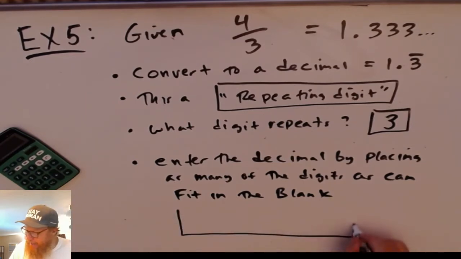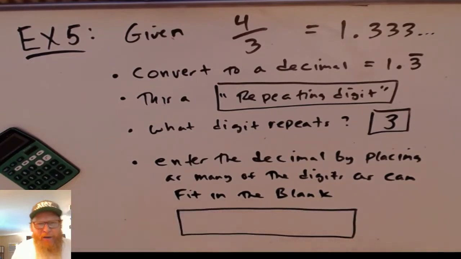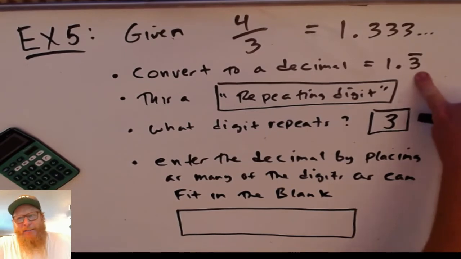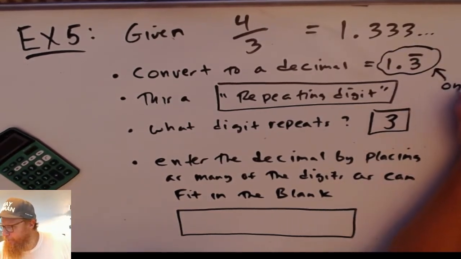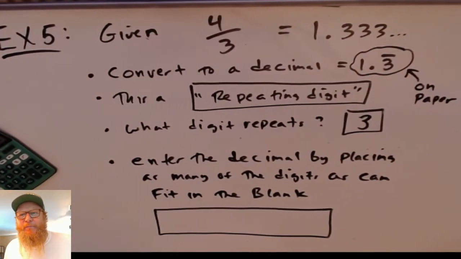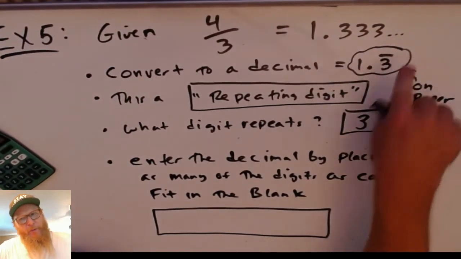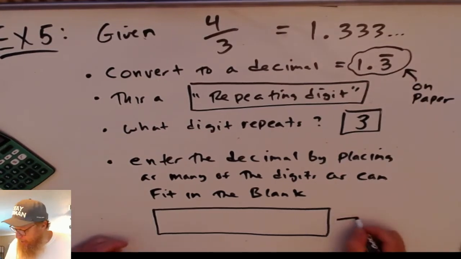Now, if I was collecting paper homework, I would just have you do this if this was on paper. I used to give this assignment on paper, and I would just have people write 1.3 with a bar on top of it. But on the computer,